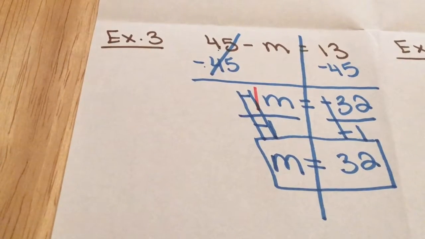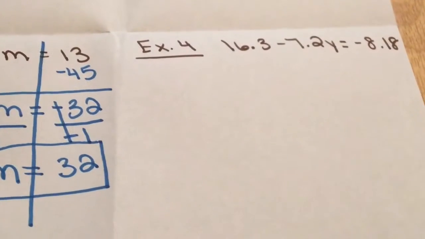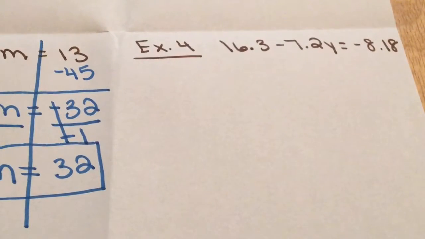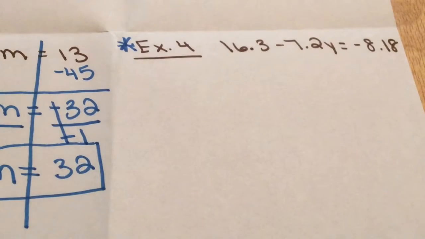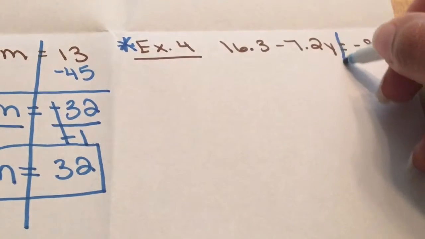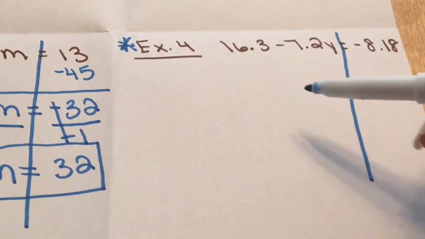Okay, moving on to example 4. This is where things start to get a little bit harder. I'm going to put a star right here on 4 because I'm going to solve this just like we have been. I'm not going to change anything around. Later on, we're going to see the same example again. So the first thing I'm going to do is go ahead and draw my line through my equal sign. There's no parentheses, there's no like terms,